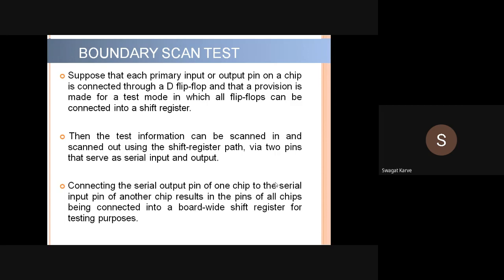You just need to connect to the JTAG interface and write some testing instructions, the test code, and execute that code, so that each and every pin of each and every IC, whatever the different chips, microcontrollers, FPGAs, CPLDs on a board, will get tested automatically through this boundary scan test. And this is the biggest advantage of having this boundary scan testing method using the JTAG interface.